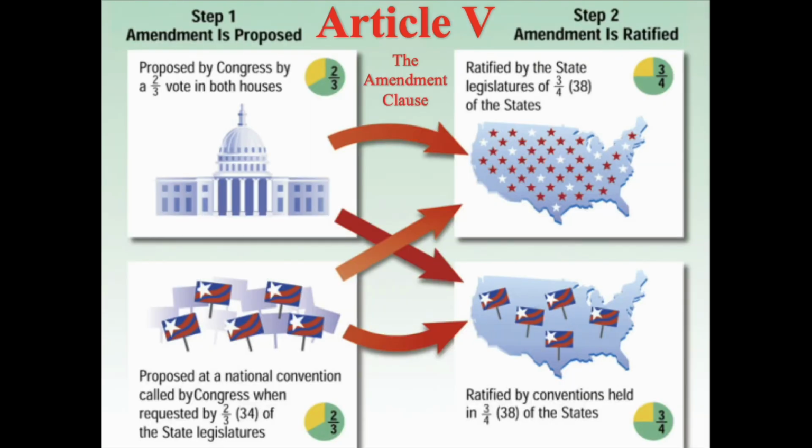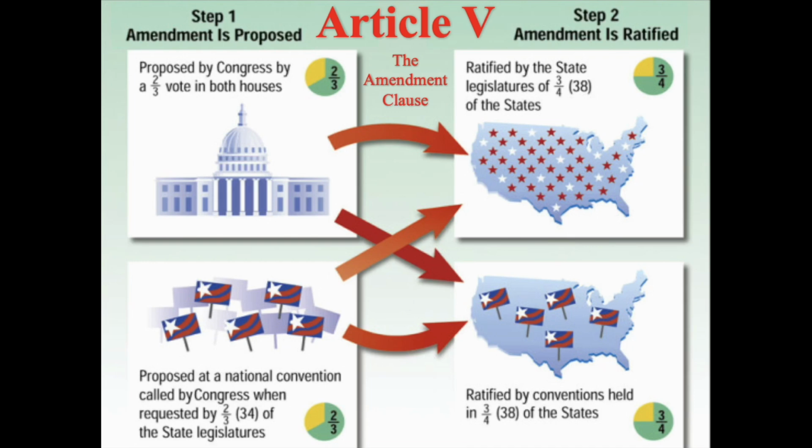Article 5 of the Constitution outlines the process by which the Constitution can be amended, that is, changed. There are 2 procedures by which the Constitution can be amended. The first approach commences with Congress. If 2/3 of both chambers of Congress propose an amendment, it is then submitted to the states for ratification. The secondary means by which the Constitution can be amended